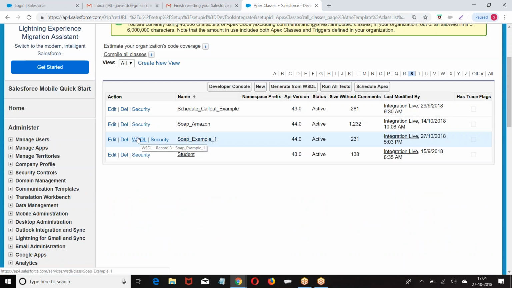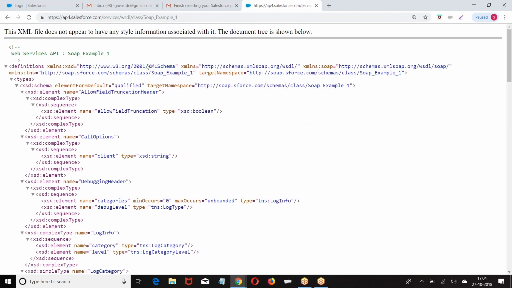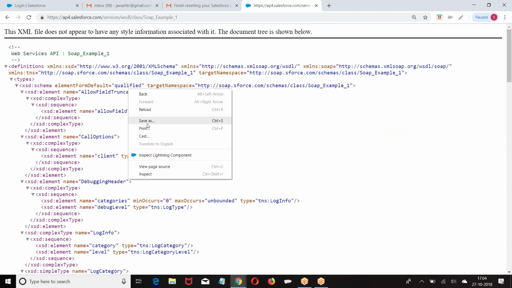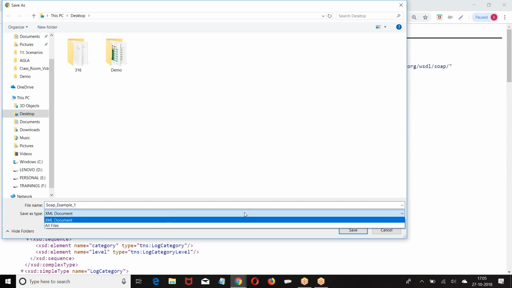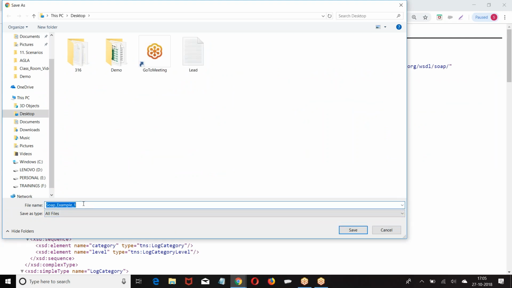What is the option? WSDL. Generate the WSDL. Save as WSDL.